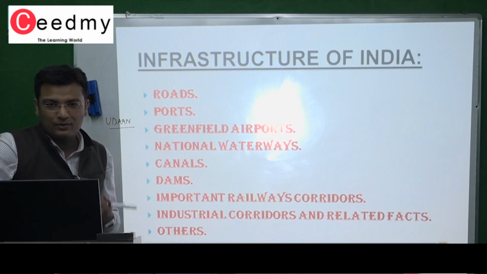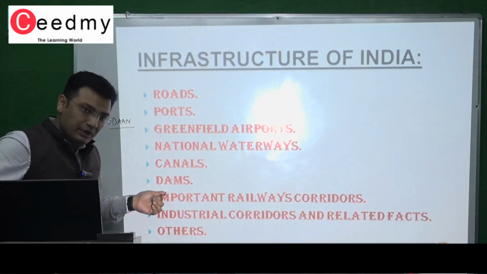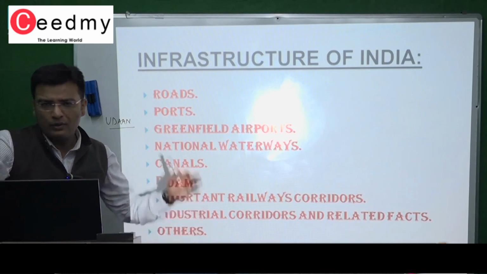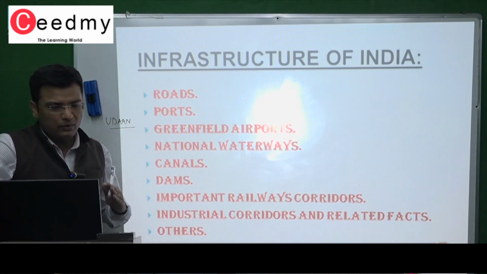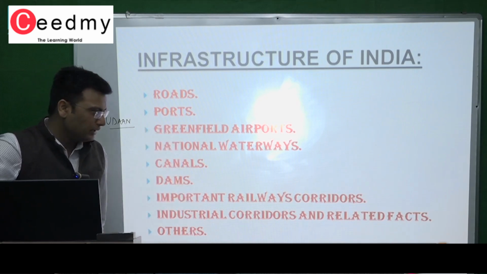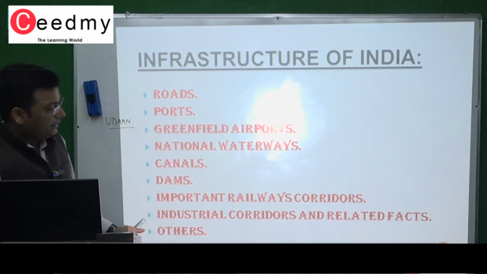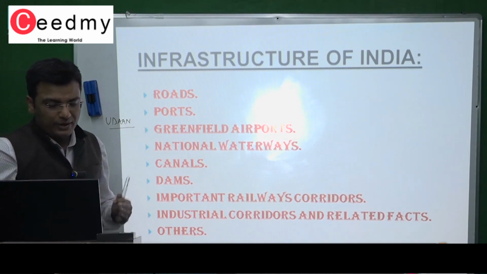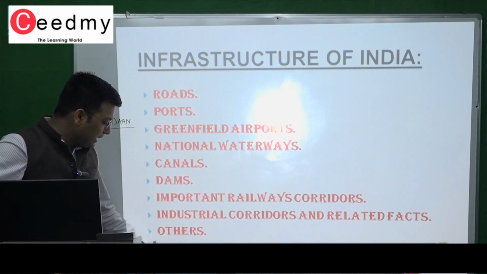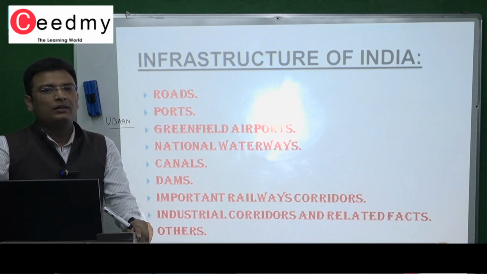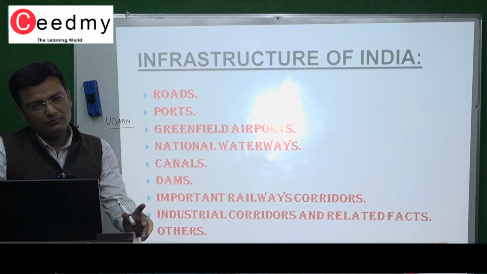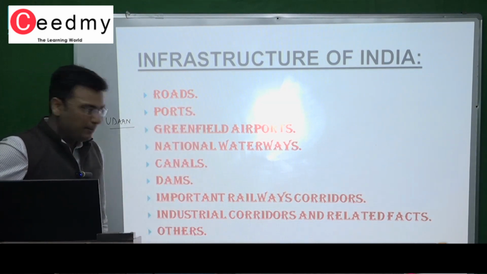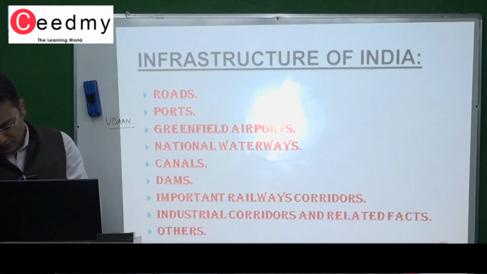As you all know, UPSC asked questions on canals, dams, important dams, important railway corridors, Delhi Mumbai Industrial Corridor, and particularly the Delhi to Kolkata Industrial Corridor, which they are thinking to extend to Jalandhar. Industrial corridors and related facts, like national manufacturing industrial zones that lie on these industrial corridors, and other factors like different circuits, Buddhist circuits, Ramayana circuits, and these types of circuits. The diagram of the mapping of those types of circuits, and other topics also.